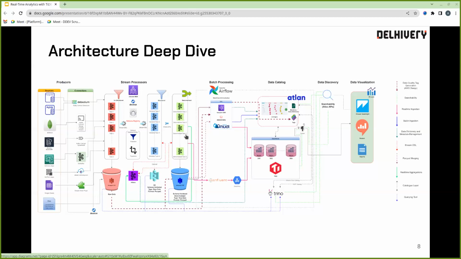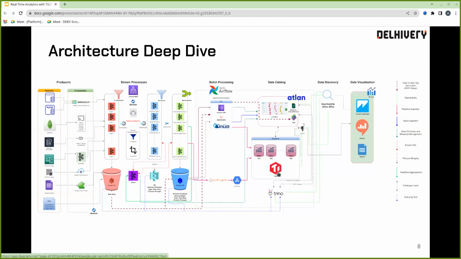Additionally, we prepare real-time data marts with TiDB, which is our HTAP database, where the data is stored and organized for optimal querying and analysis. These near real-time data marts serve as a valuable source of data. I'm just correcting myself here because it's a confusing term, real-time versus near real-time, but of course this is near real-time. So these near real-time data marts serve as a valuable source of data for various data visualization